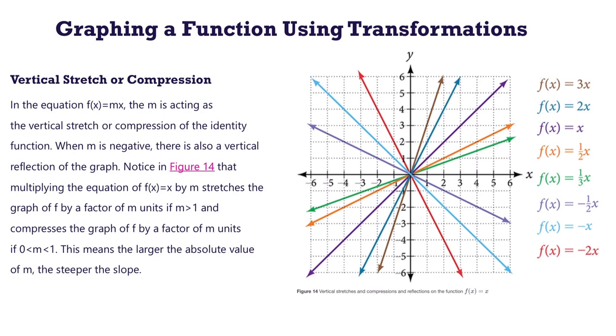So in this equation, f of x equals mx, where m is acting as the vertical stretch or compression of the identity function. When m is negative,